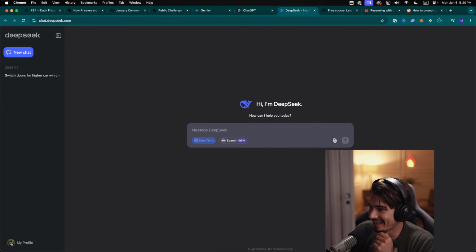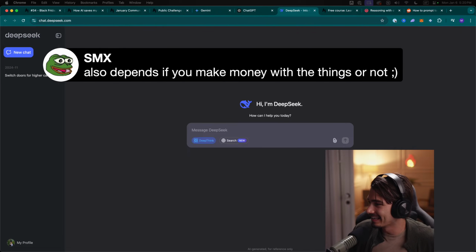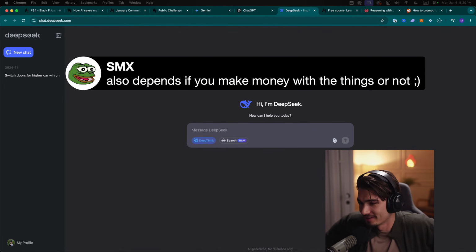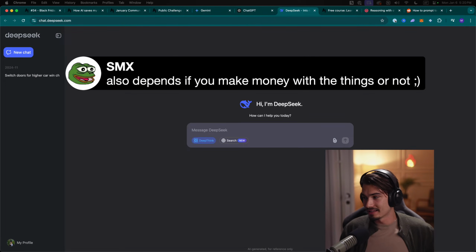Yeah, also SMX with Peppo the Frog on here, making the important distinction that it also depends on whether you make money with the things or not. Yeah, I think that really matters, right? Because if you can get something a few months in advance for a few $100s,